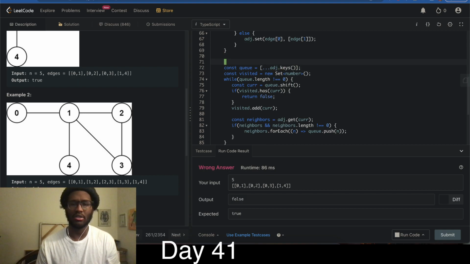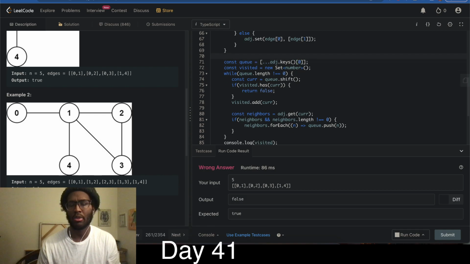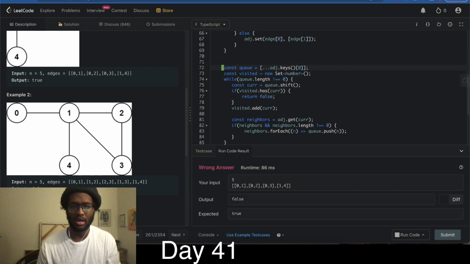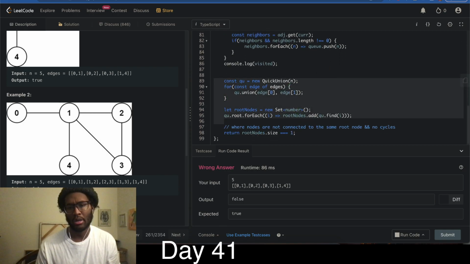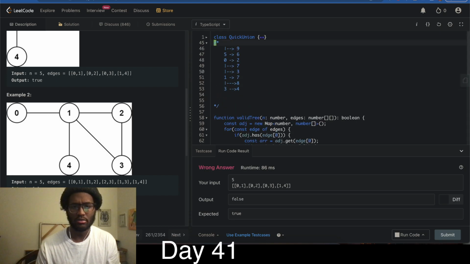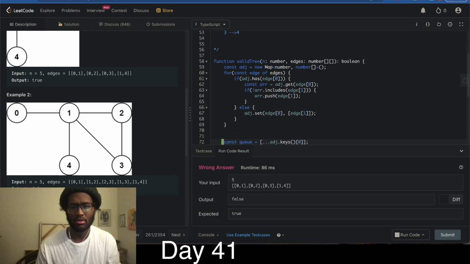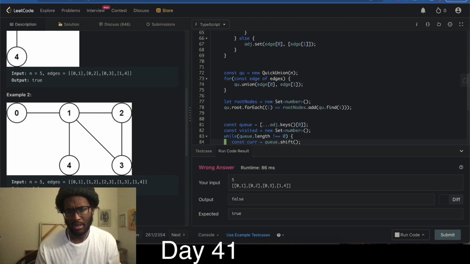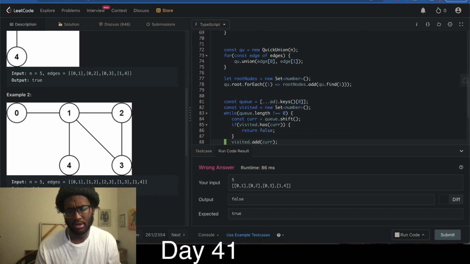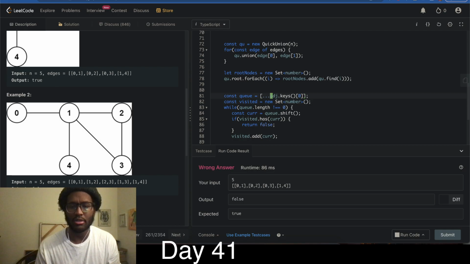But the root is, in this example, visit all the nodes, right? We wanted to start with the root node. So to do that, we could actually do, if we use our union find from here, before we do our level order traversal, the root node would actually be